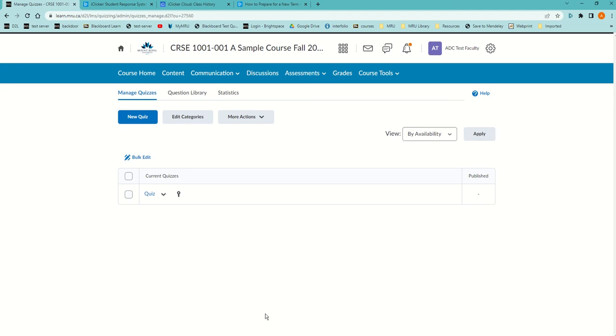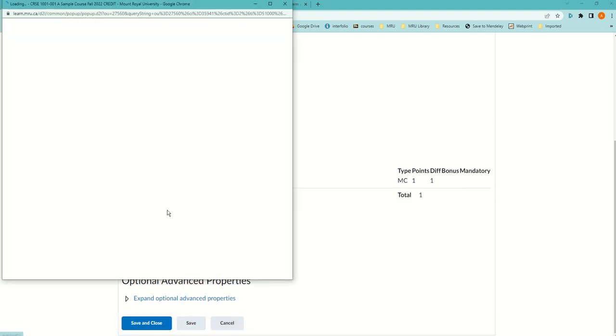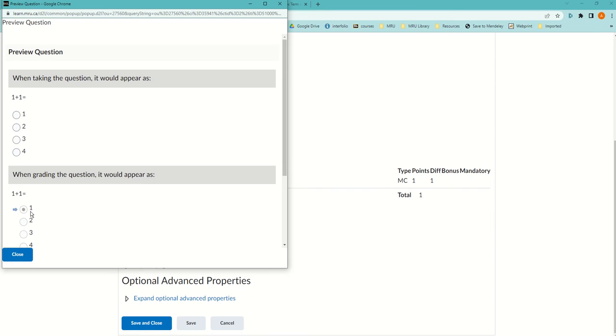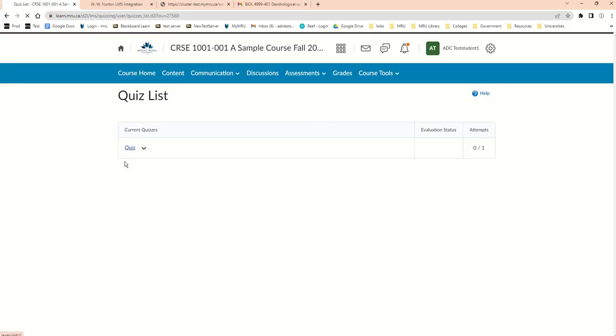What if you have to correct a question after the quiz has been taken? So in this quiz, I have a question where the answer is wrong. It says 1 plus 1. Really, it should be 2, but I've accidentally said it's 1. And worse yet, students have taken the test,